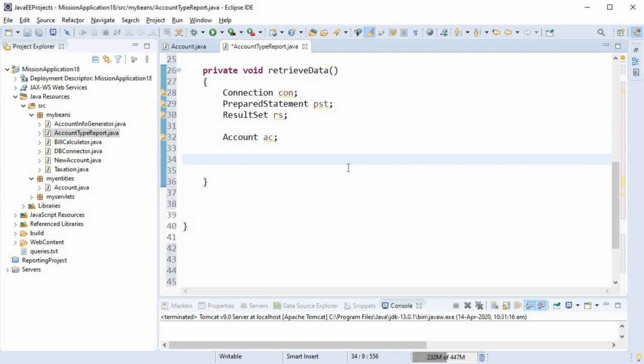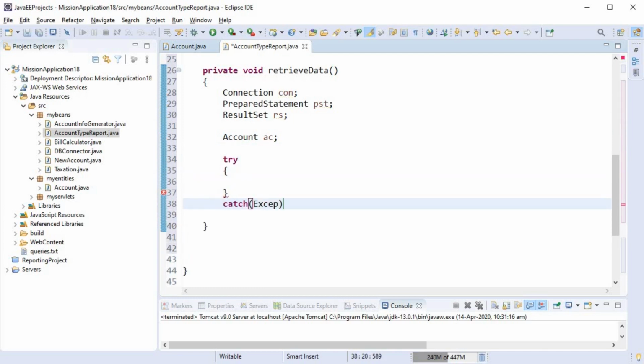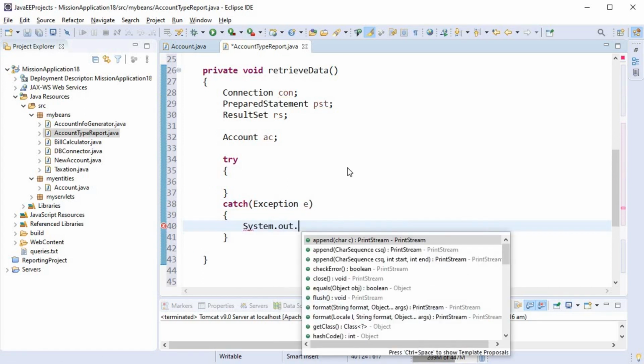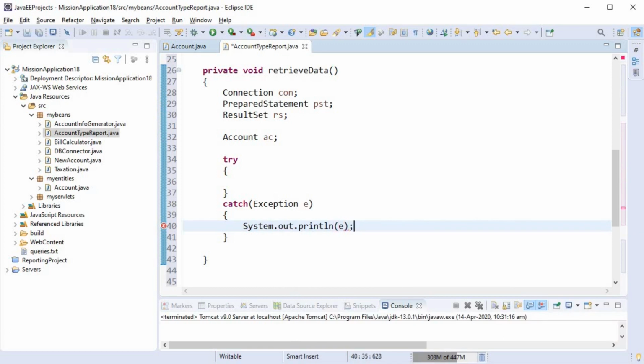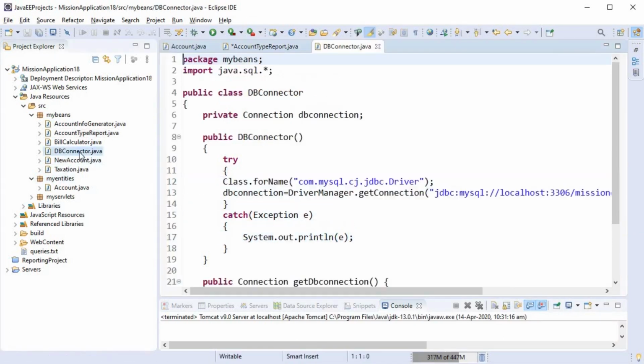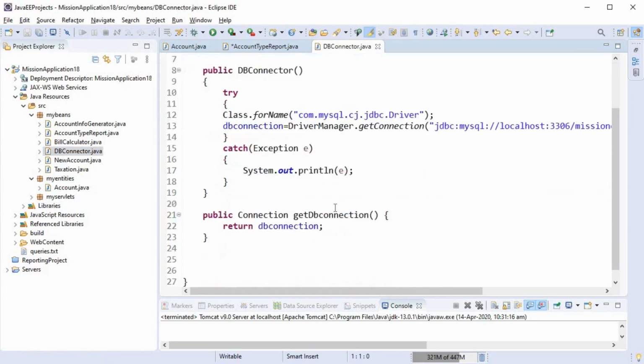Along with that, we need object of the account class, because every record that we are going to retrieve from the result set, we are going to put into the object of the account class. So we need an account class. We have created the object. We haven't yet initialized it. We'll be doing it at the right time.